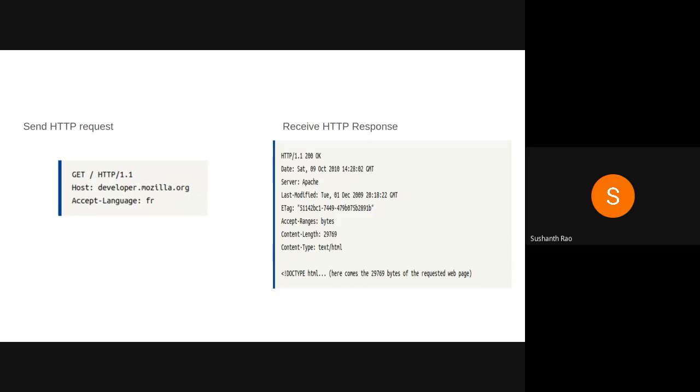Basically, you're asking the web server to give you the resource for that particular website. So when I hit nitk.ac.in, I get the web page rendered on my browser. In the host, instead of developer.mozilla.org, you would be typing nitk.ac.in, and there are a few headers that are configured, from which you get the response.